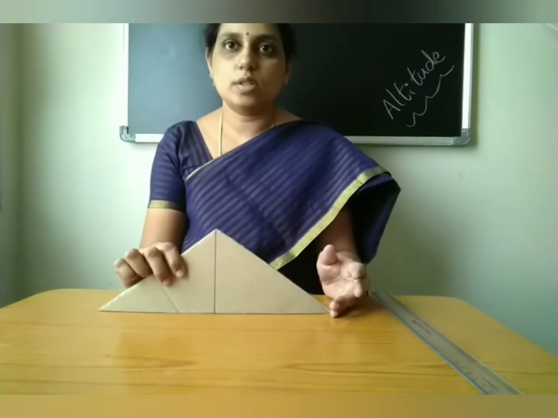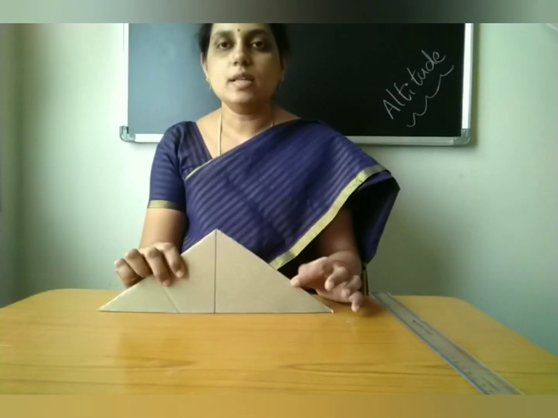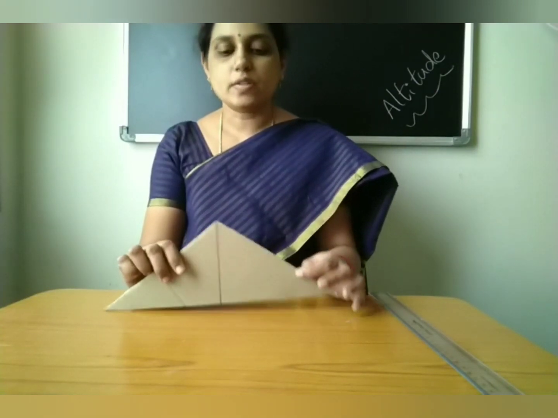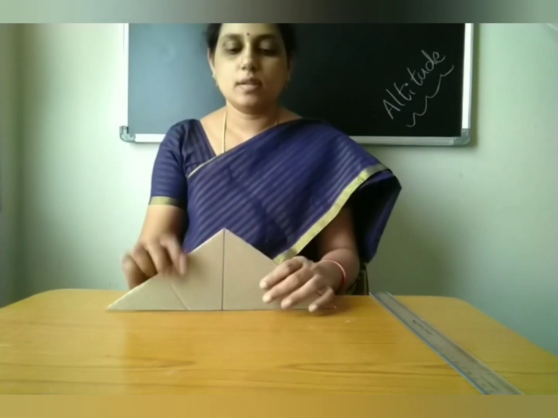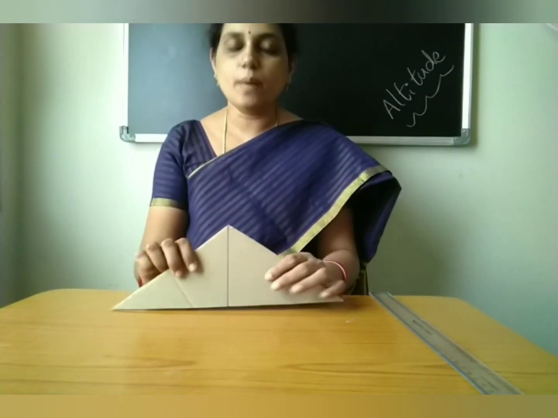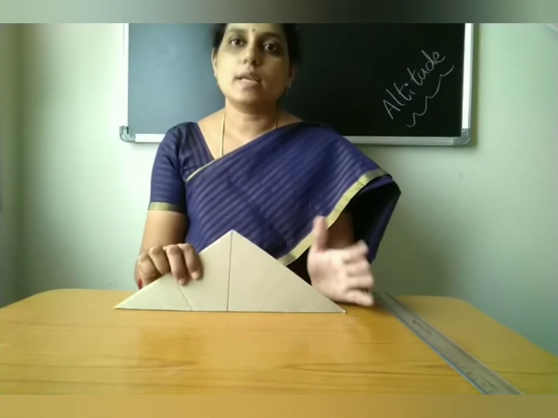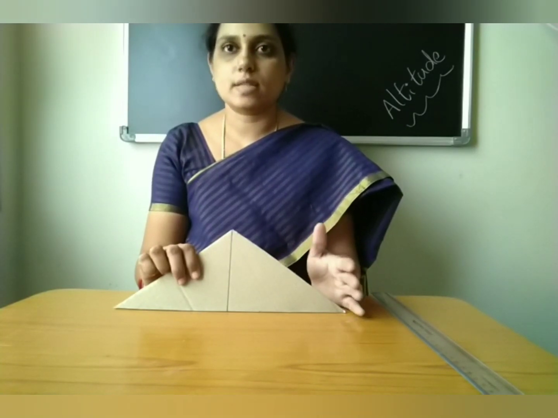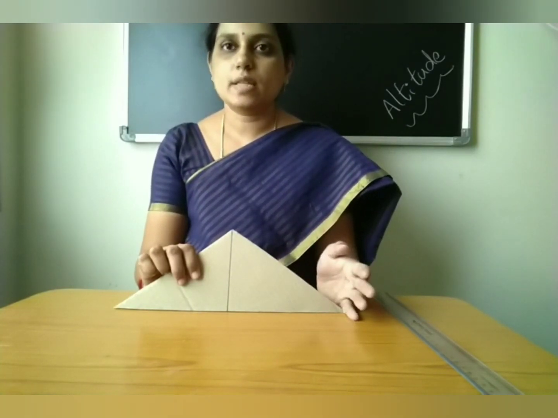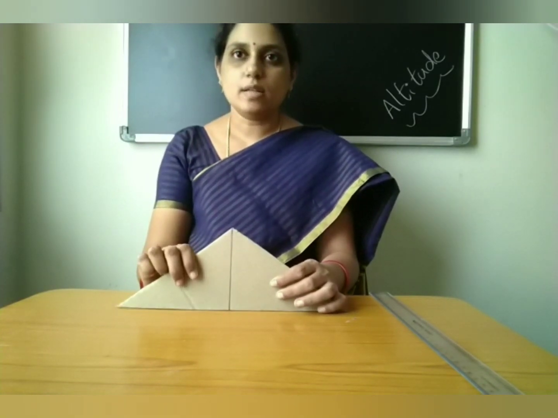Then what about the other two altitudes? Those two altitudes lie in the exterior. Okay, actually here we cannot show where they are meeting, but even for an obtuse angle triangle all the three altitudes definitely meet at one point, and that lies completely in the exterior of the triangle. Why? Two altitudes completely lie in the exterior. That's why even the meeting point, that means if you extend they will meet, the meeting point of all the three altitudes also lies in the exterior. That means what? Orthocenter lies in the exterior for an obtuse angle triangle.